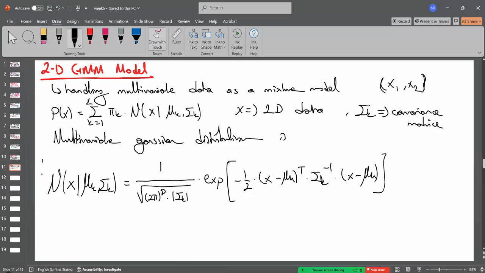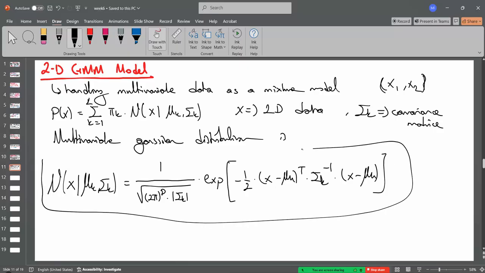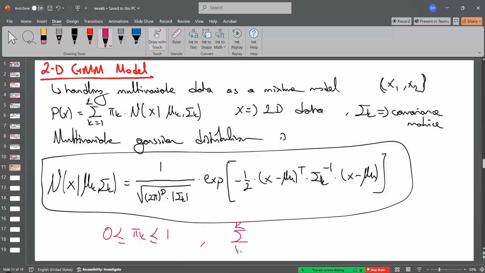And also the same conditions apply for this diagram, which means that 0 is less than or equal to pk is less than or equal to 1, and the sum over k of pk must be equal to 1. Okay, we can freely create more components to represent the data which is given here. Okay,